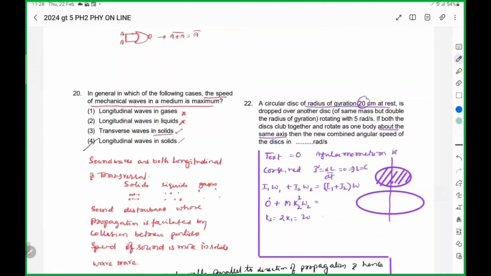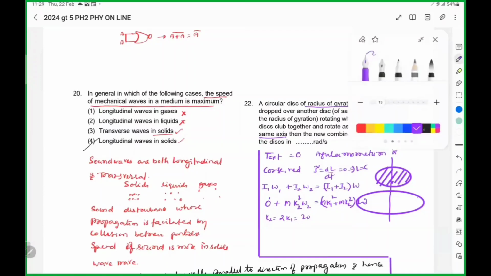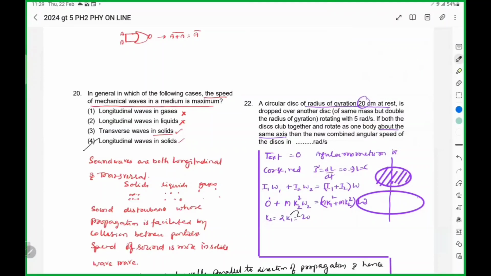So here I1 is mk1 square, I2 is mk2 square of omega. So here mass is same, K2 is 2K1. Then here M 4K square omega